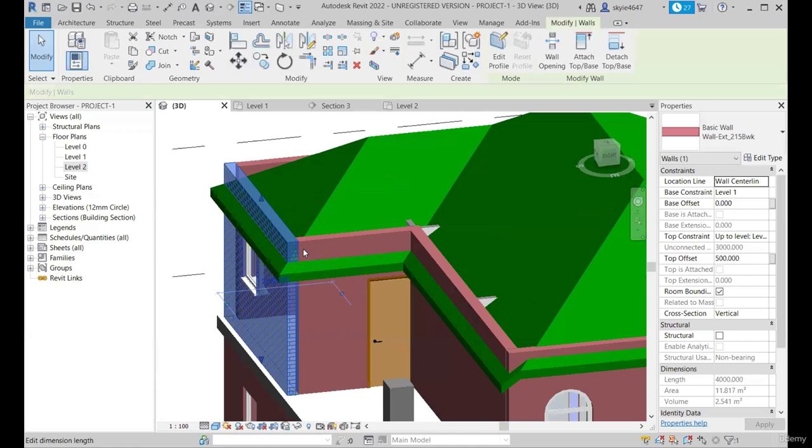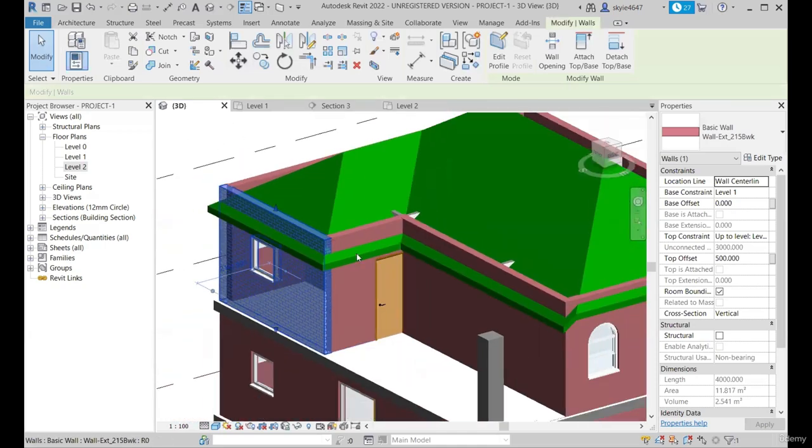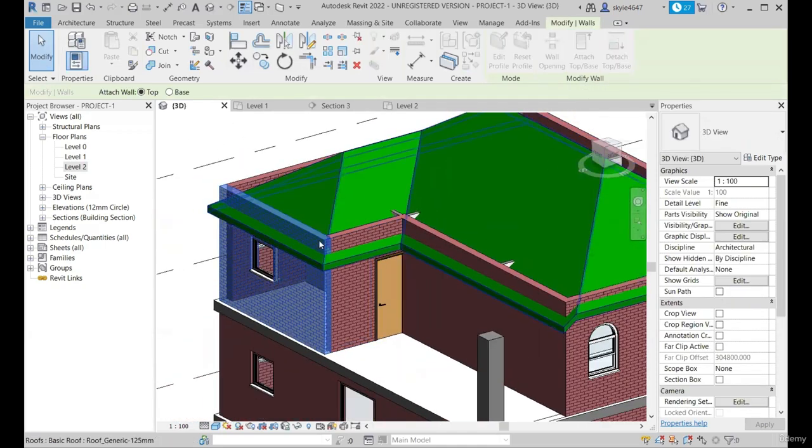So I have this wall selected. What I need to do is select the attach top tool and select the target. My target is this roof. So I'll select the target, and as it's dealing with the upper end of the wall,